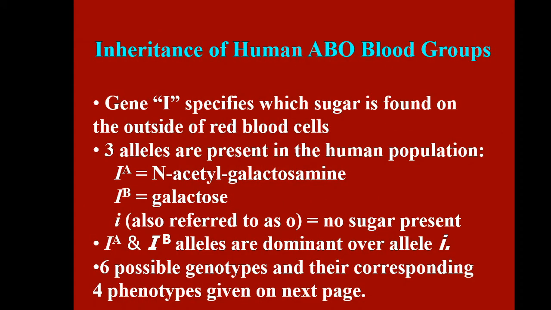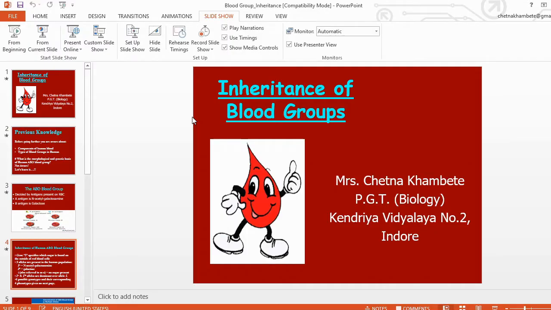So what are antigens? Actually antigens are some specific components, some specific chemicals which promote the synthesis of antibodies in the plasma. So remember, for each antigen there is an antibody present in plasma. So if the A antigen is present on the RBC, then in the plasma a small b antibody will be present. But how are these antigens and antibodies decided?